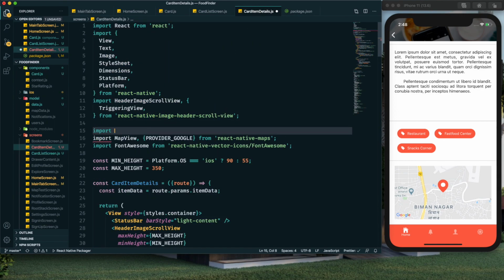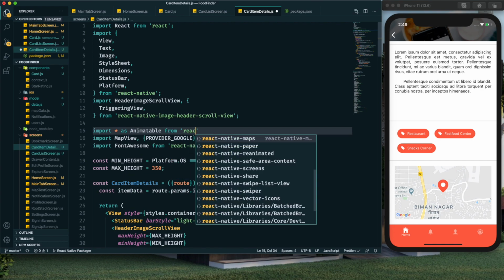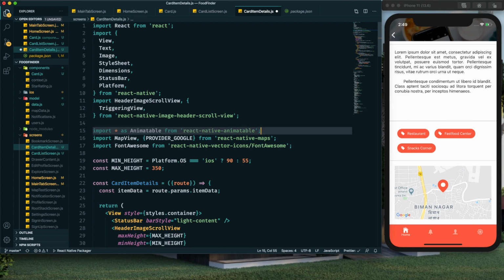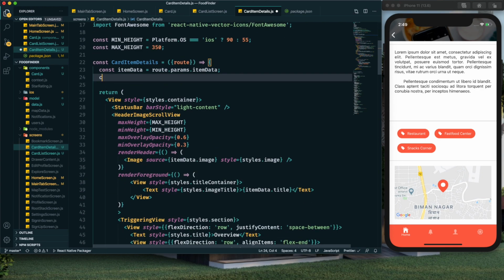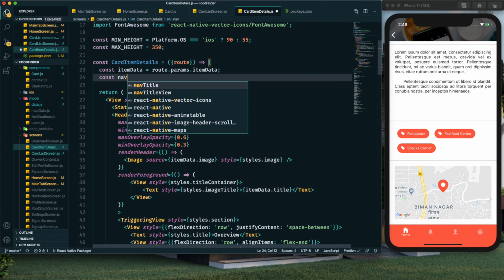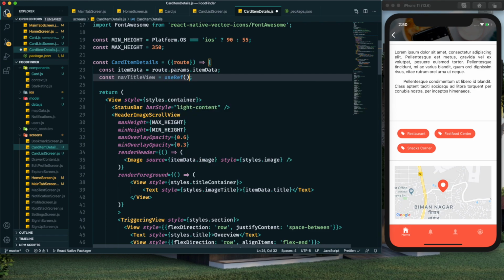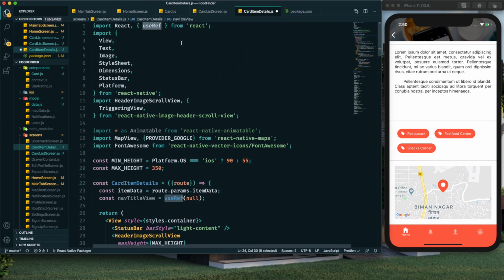So it will be import star as animatable from React Native Animatable, and we can use this animatable to give a animation to our item title. And here we need to create a useref constant, and by default we will set it to null, and make sure you import this useref hook from React library.